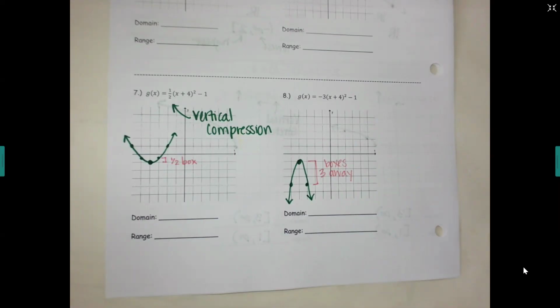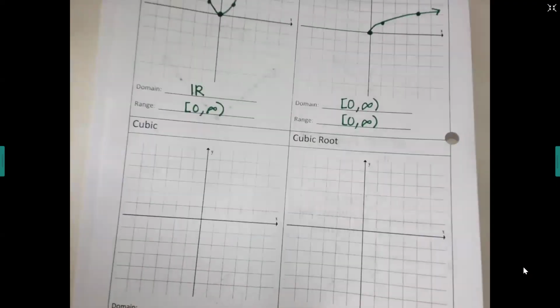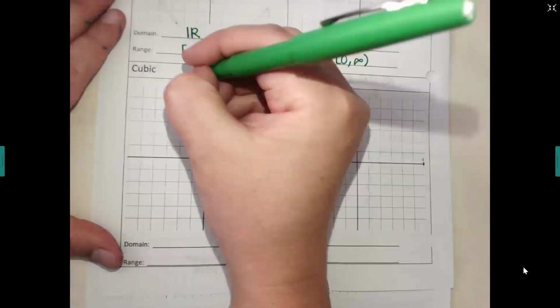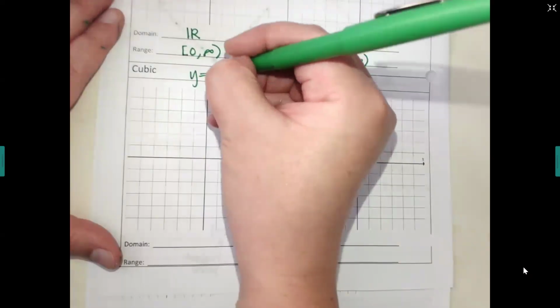All right, so let's add in your 2 new shapes. You're going to your cheat sheet. Okay, I'm going to give you the first shape, which is the cubic. Okay, so you should be looking at your little single sheet that's separated from your packet. Okay, and these actually did come up on your homework last time, but we just didn't specifically cover the shape because all the rules are the same. So put x cubed.